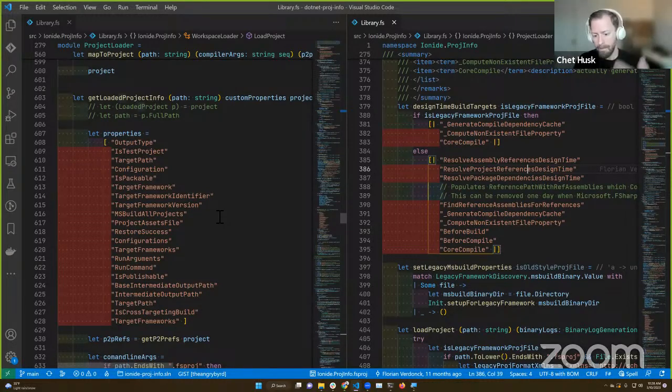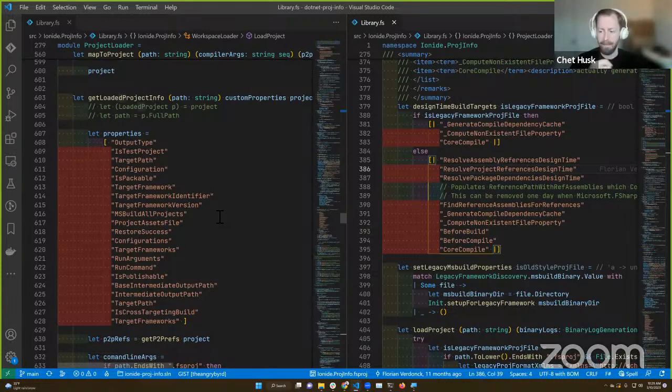So we made Proj.info for two reasons. First off, I was getting a little frustrated dealing with MS-Build directly. And secondly, we use MS-Build in an interesting way in FSAutoComplete. We host it in process.